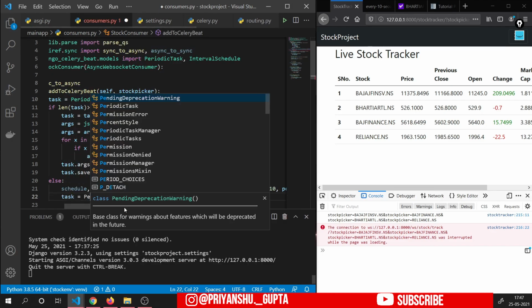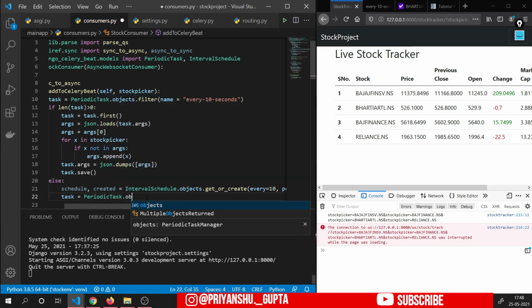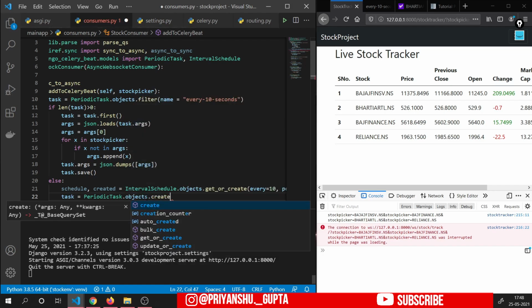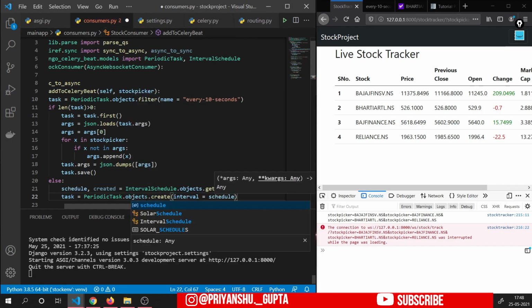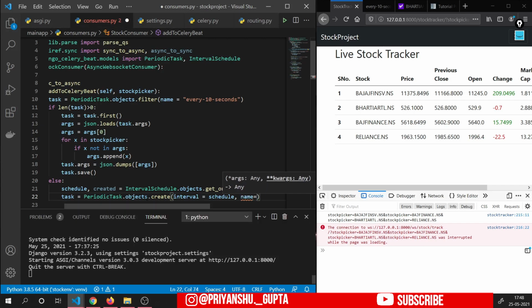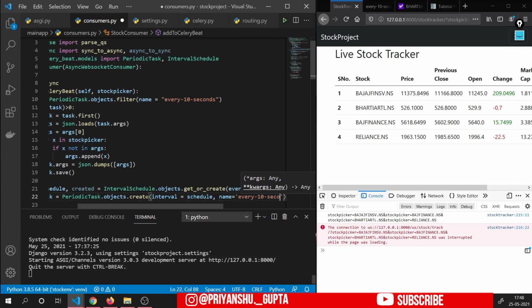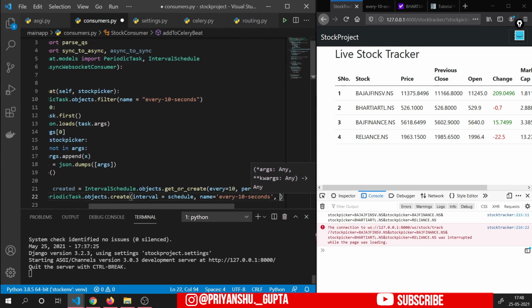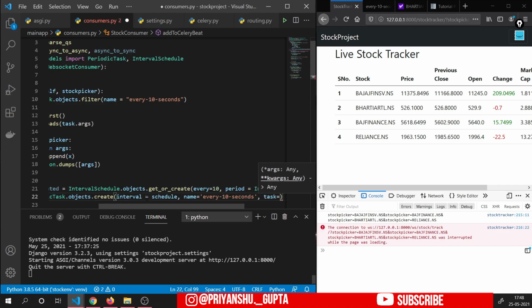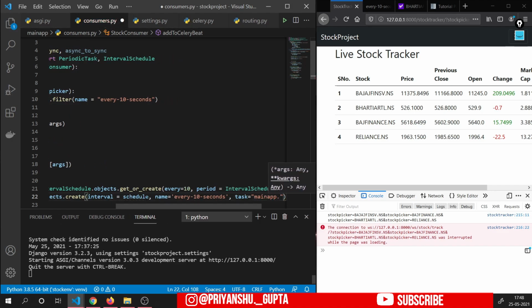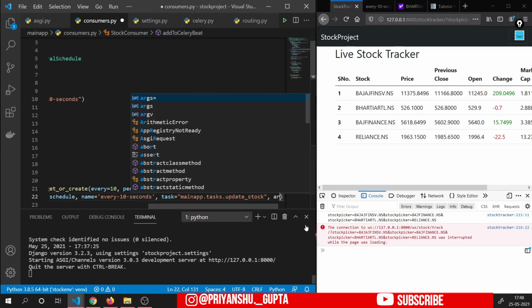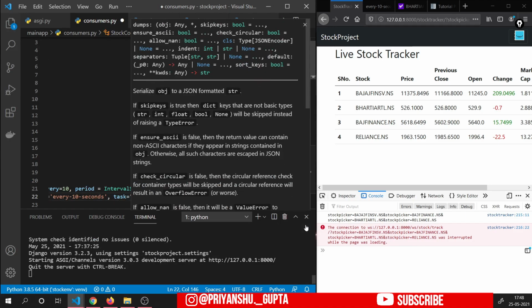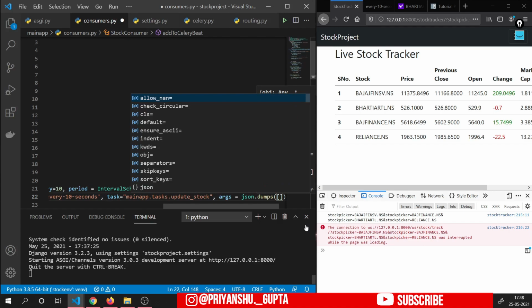Then task, periodic task dot objects dot create, interval schedule, name every 10 seconds, then task equals main app dot tasks dot update stock, and args equals to json dot dumps stock picker.